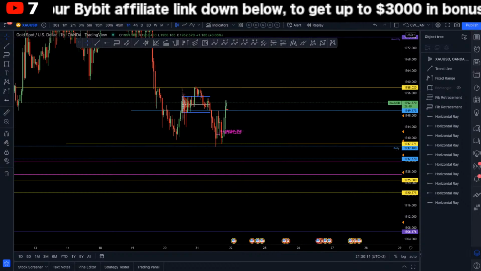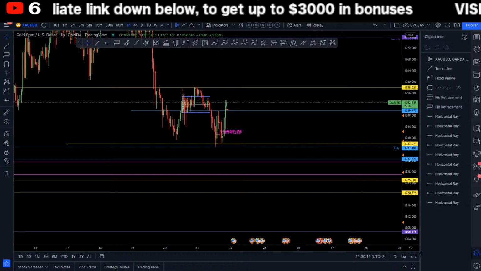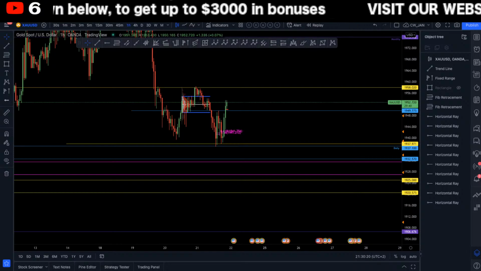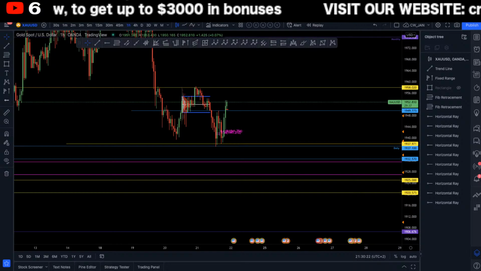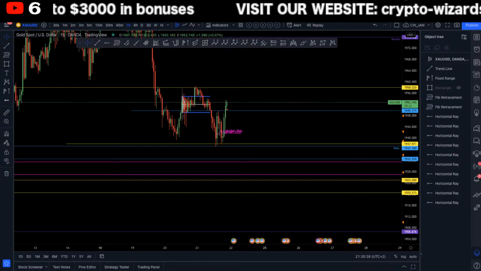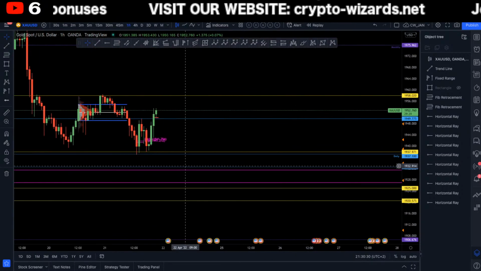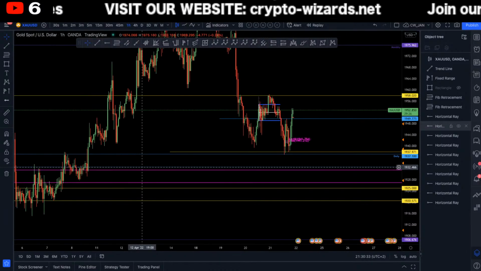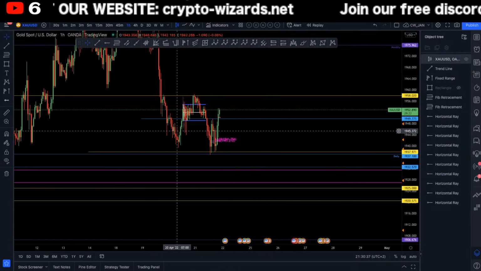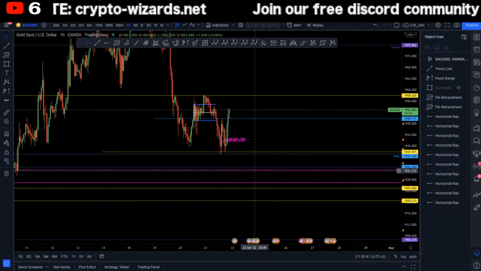I'm trading only paper money, only fake accounts, right? But what I'm trying to say is 1933, 1932 looks very, very promising. We have a lot of levels lining up all together, but you never know. So obviously use stop loss, use risk management, be prepared. But I'm actually looking for this level to be hit. If not tomorrow, then we will have to wait over the weekend, because obviously the market is closed on gold over the weekend, not like on BTC. But this level looks very, very good.